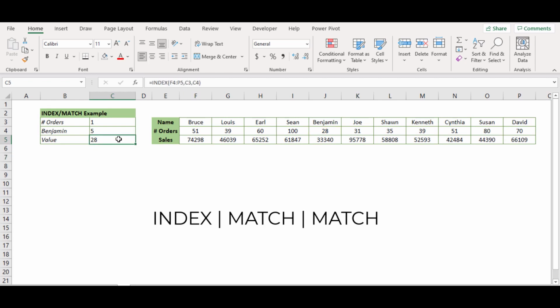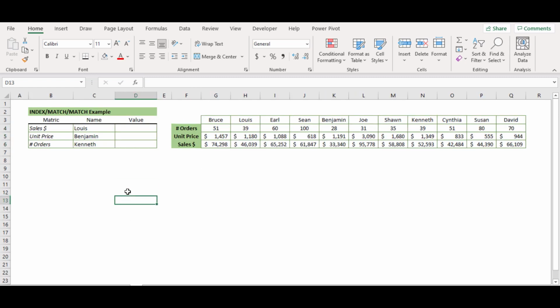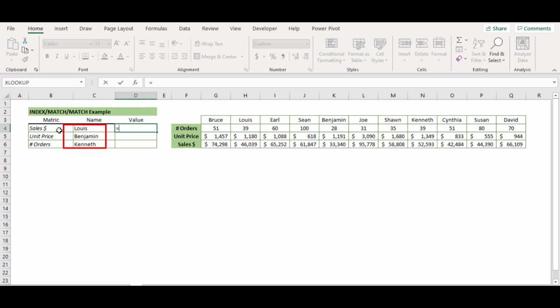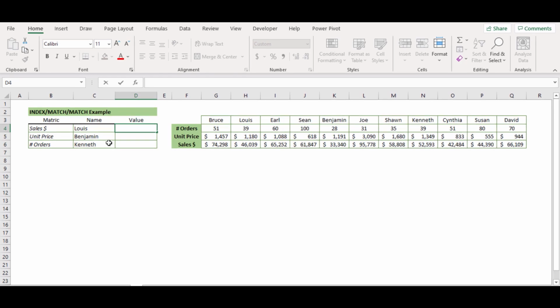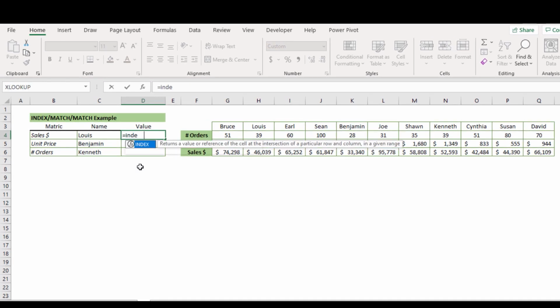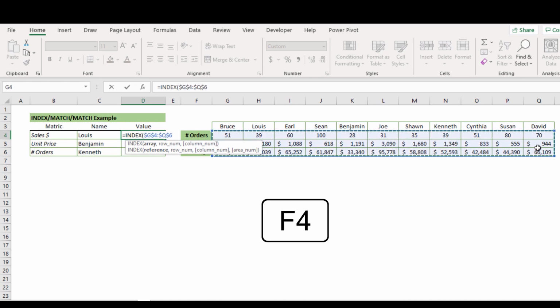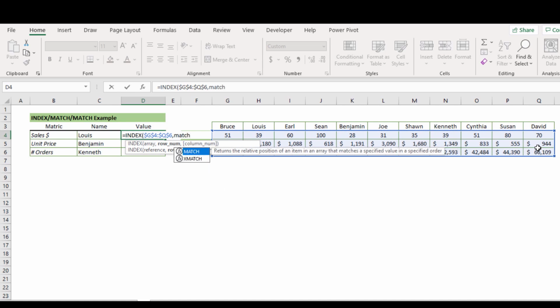Let's see another example of how to create a single formula for horizontal and vertical lookup without separating each lookup formula. Here, in cells D4 to D6, we can use the INDEX and MATCH formulas together to find the desired information about each customer. So, I will start the formula in cell D5 first. In the INDEX function, the array argument will be the cell range G4 to Q6. Now press the F4 key to lock the range. Then for the row argument, I will use the MATCH function to locate the sales value row.